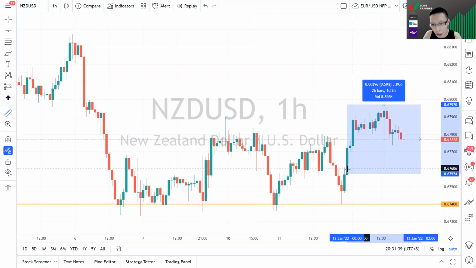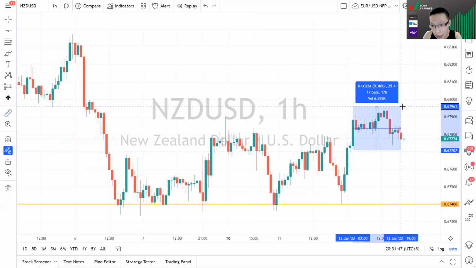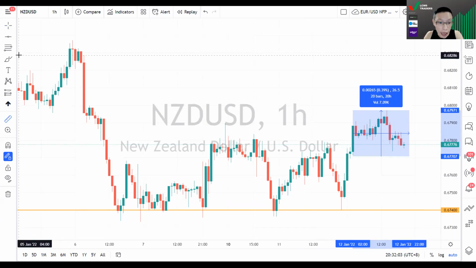So for today, so far, initially at the start of the day the New Zealand dollar strengthened, and then throughout most part of the day, it was actually trading within 30 pips. Once again, a consolidation before the release of high impact news data. I'll be looking for buying opportunities as well, and my entry would be at